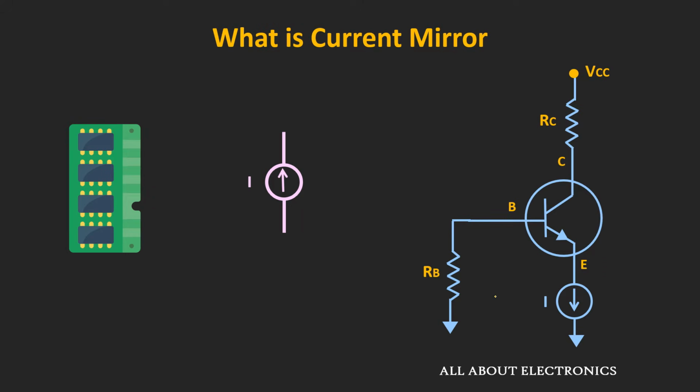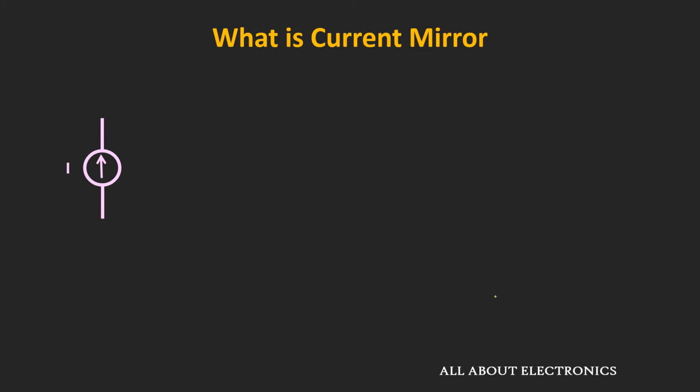Now the advantage of biasing the amplifier with the current source is that here the emitter current is independent of the beta as well as the RB. Moreover, by increasing the value of RB, we can increase the input impedance. So for that, this biasing current should be very stable. That means the value of this biasing current should not change with the temperature as well as the supply voltage.